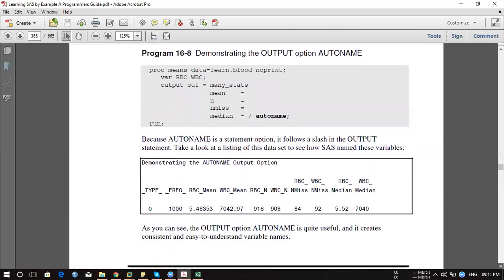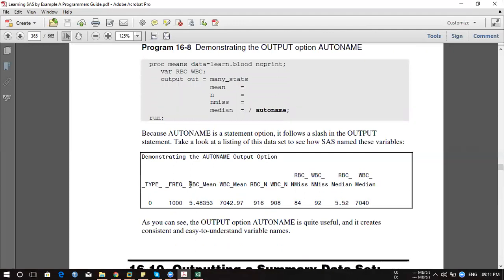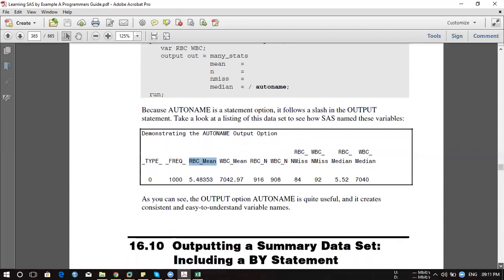This will automatically create your variable name. So if you say /autoname, it automatically creates all those variable names. It will create RBC mean, WBC mean automatically, N underscore RBC, N underscore WBC, N means automatically it creates. Okay, for all, मतलब ऊपर वाले. Yes. ठीक है. Okay.